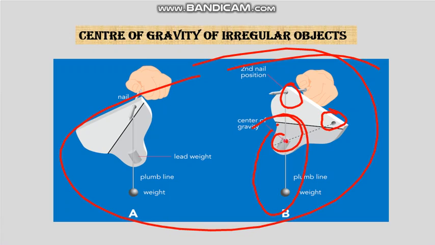Repeat the procedure with hole B on the nail. Again, the center of gravity must lie somewhere on the line B. The only common point on A and B, therefore, must be the center of gravity. If the plate is suspended using the third hole, the line passes through point G, which is this.